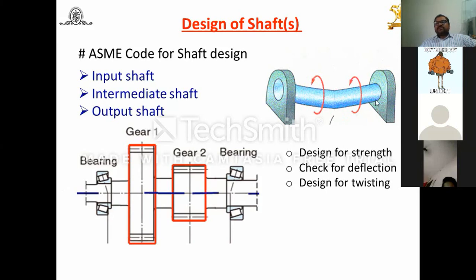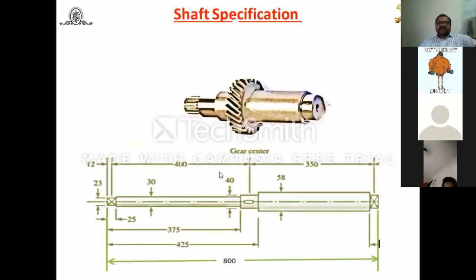Find out the deflection of the shaft, and this deflection should be within the permissible limit per meter length of the shaft. That you have to check. If it's less than that, in the range of 1 degree deflection which is permitted for 1 meter shaft, then it's within the limit and you can say this length is correct. Once you have decided the length, you can find out the diameter of the shaft. You can even check the design for twisting, that is MT/G theta by L equal to MT by R, you know the relation. So you can find out the twist theta also. By using these relations, you can find out the different dimensions of the shafts here.